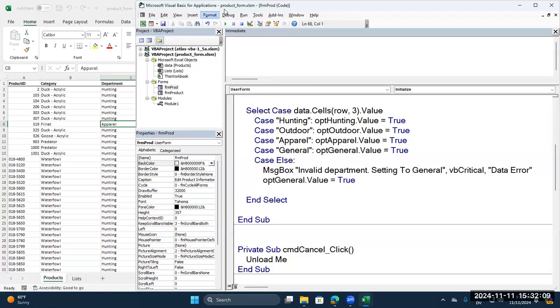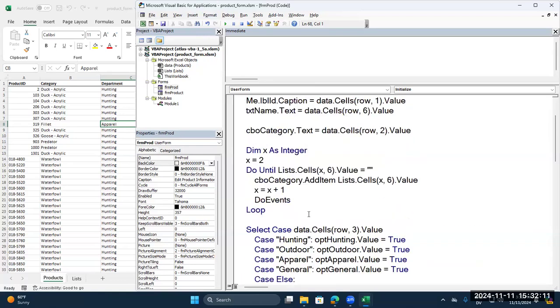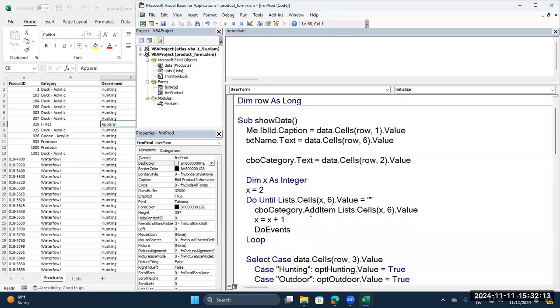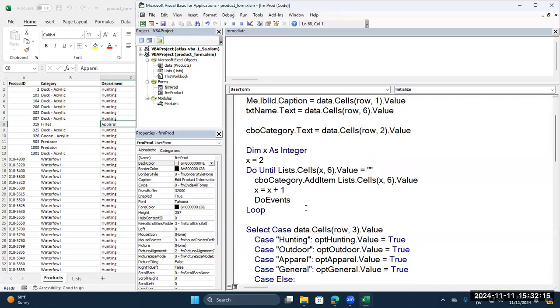The last rats. Scroll up, sure. Sorry. Here's the show data. There should have been-